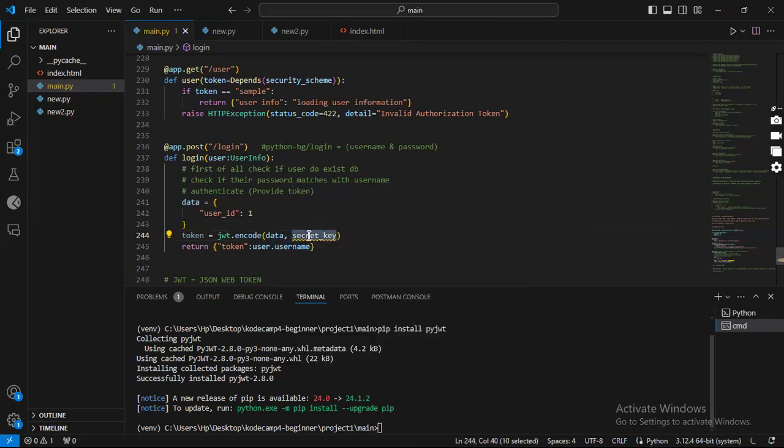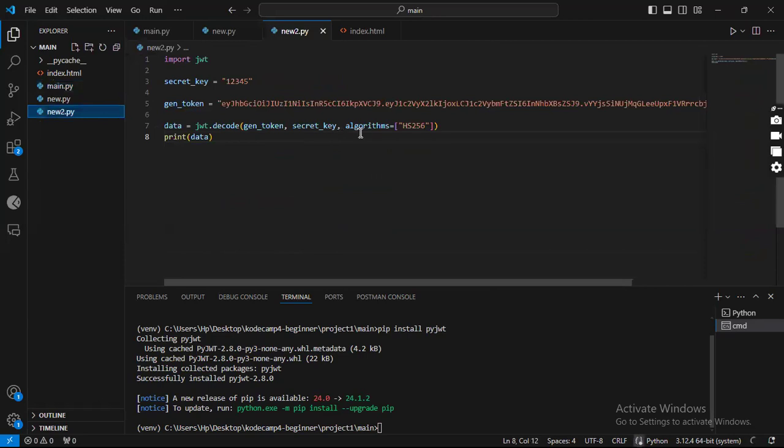My signature is my secret key, which I have put up there at the beginning of the application. So once that has been done, then I want to simply just return the token. Which in this case is this. In this case is that. And then once the user tries to actually access a specific data,